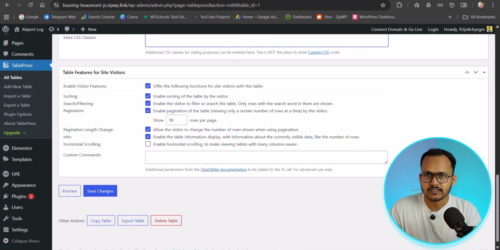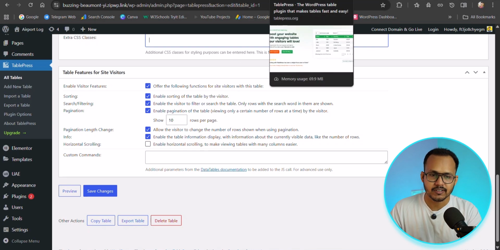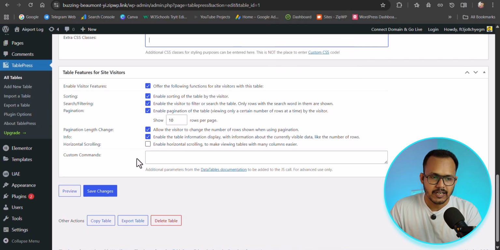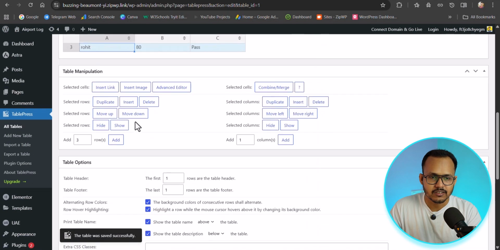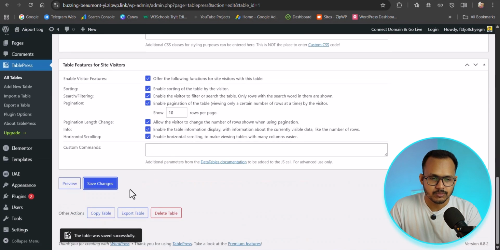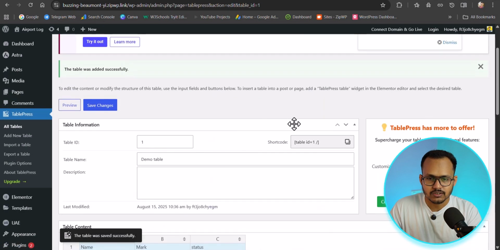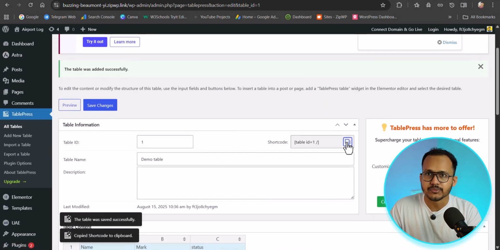So you can display 10 entries first, and after that it will show pagination. And you can enable horizontal scrolling, and let's click on save changes. Once you create the table, all you have to do is just copy this shortcode and use it